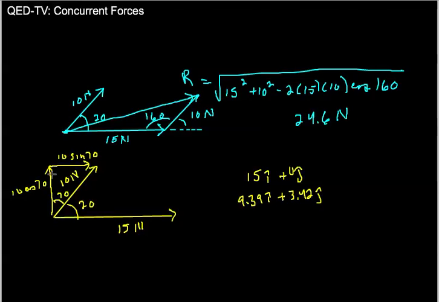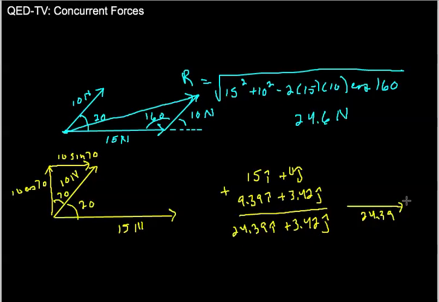So j hats are vertical and our i hats are horizontal. And so if I take those, I can just add those together, and I get 24.39 i hat, and I get plus 3.42 j hat, and that means I'm going to go over 24.39 i hat, and I'm going to go up 3.42 j hat, and I can just do Pythagorean's theorem here